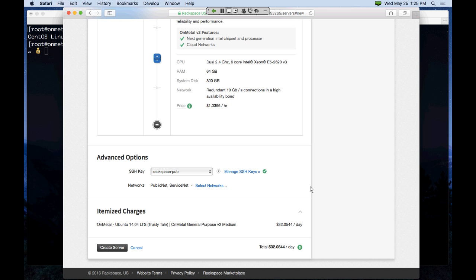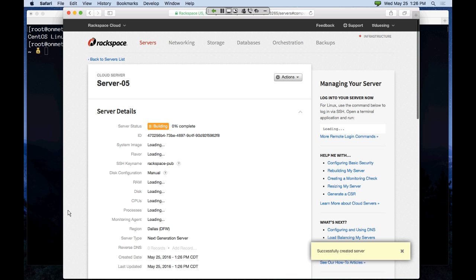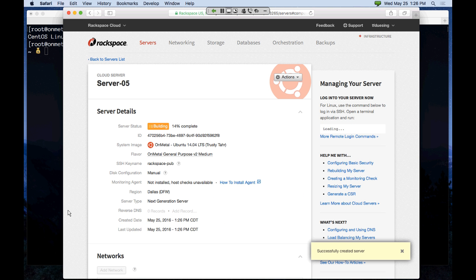One additional security measure I should mention that we've made with OnMetal when you compare against our virtual servers is that we do require SSH keys instead of password-based SSH authentication. This increases the default authentication posture for OnMetal servers. So I'm going to go ahead and select my default public key and hit create. As I mentioned before, this process takes about 5 minutes to complete, so I'm going to